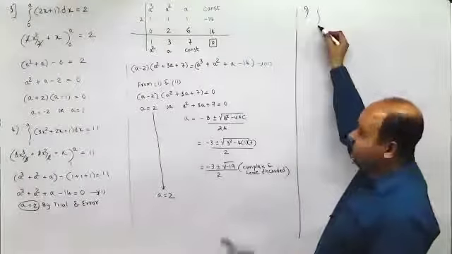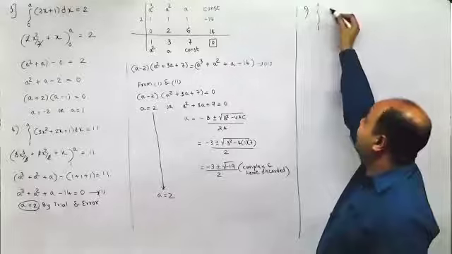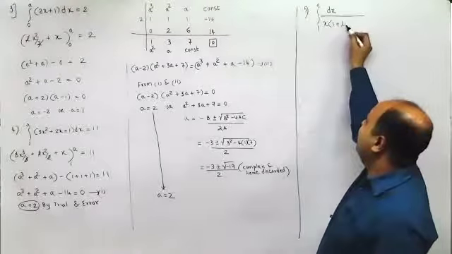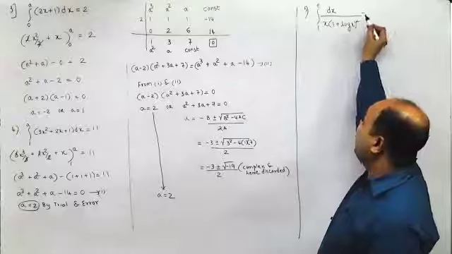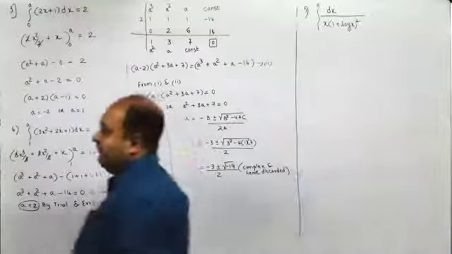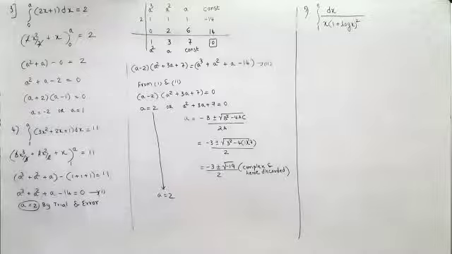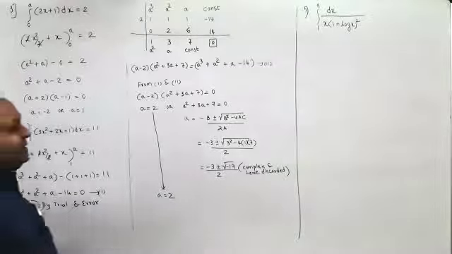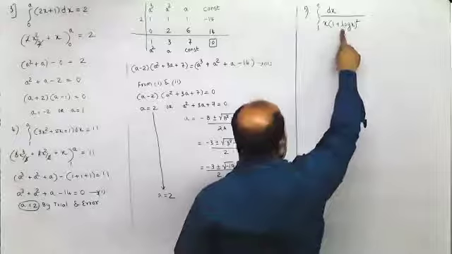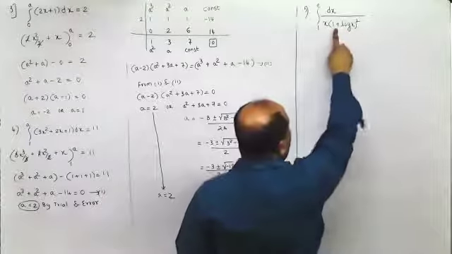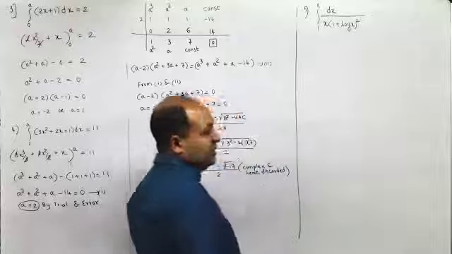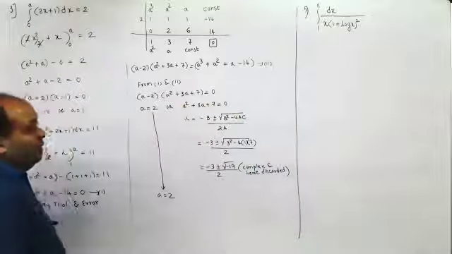Now, coming to the substitution type of problems: integral from 1 to e of dx upon x into 1 plus log x the whole square. Here, there are two ways to solve these kinds of problems. One is you can divide the numerator and denominator by 1 plus log x the whole square. Why am I doing that? The derivative of 1 plus log x is 1 upon x, so I can directly substitute this. That is one way to go about it.